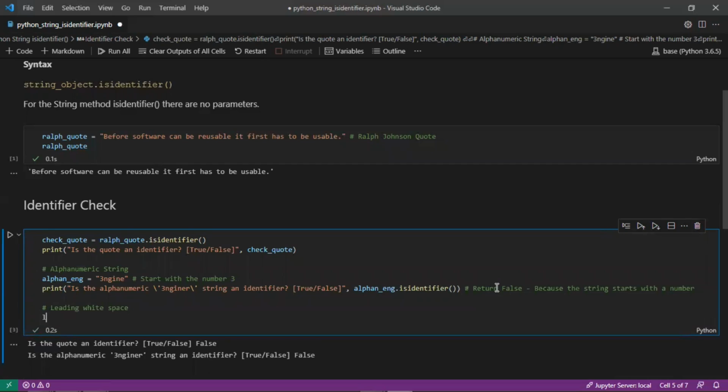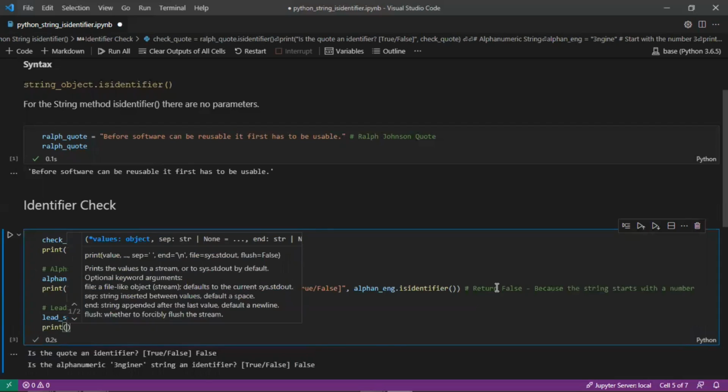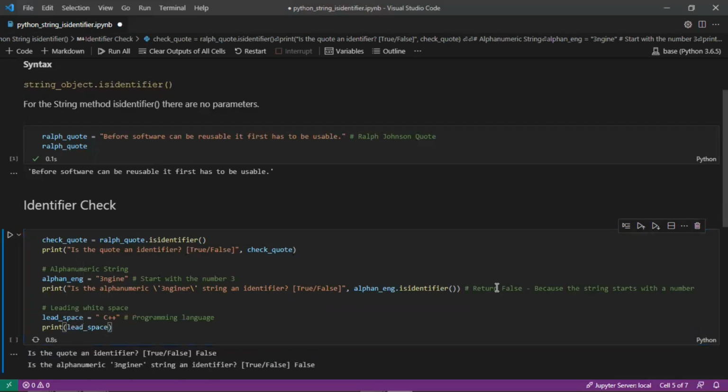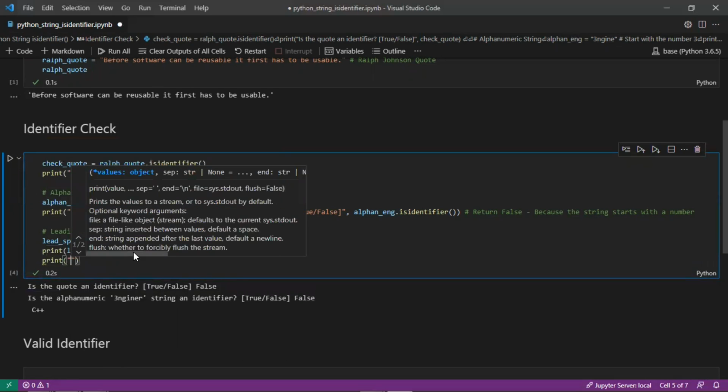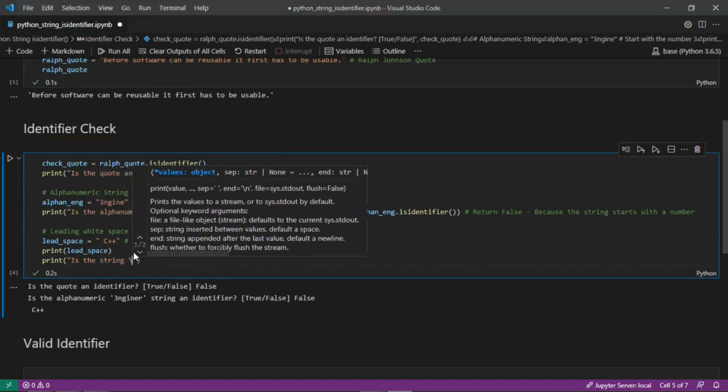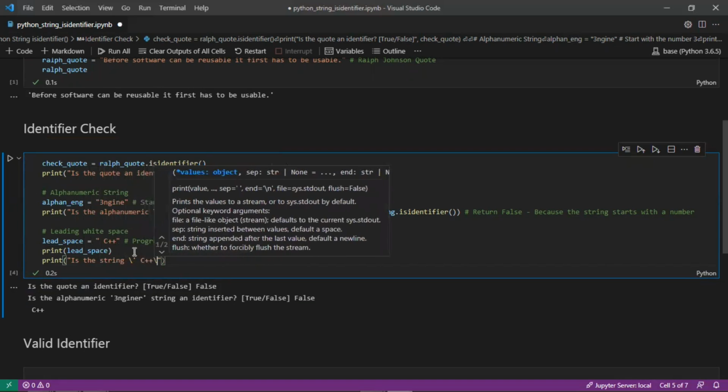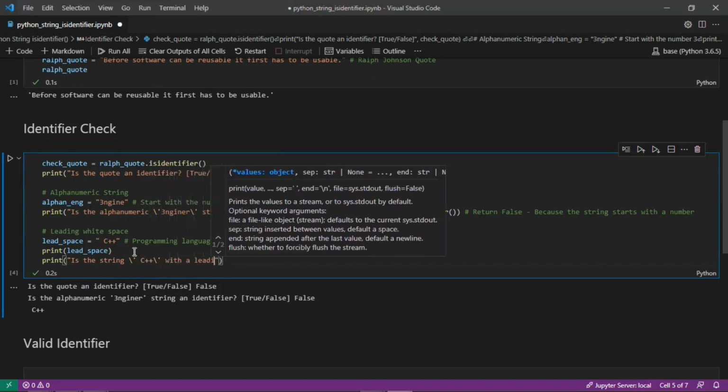So leading white space, we'll create a variable here called lead underscore space, which has a leading white space followed by the character C, and then 2 symbols plus plus. So for the language C++, we can print the lead underscore space just to see what it looks like as an output. So we can see that there is a leading white space here at the beginning, and we can print is the string C++ with the leading white space